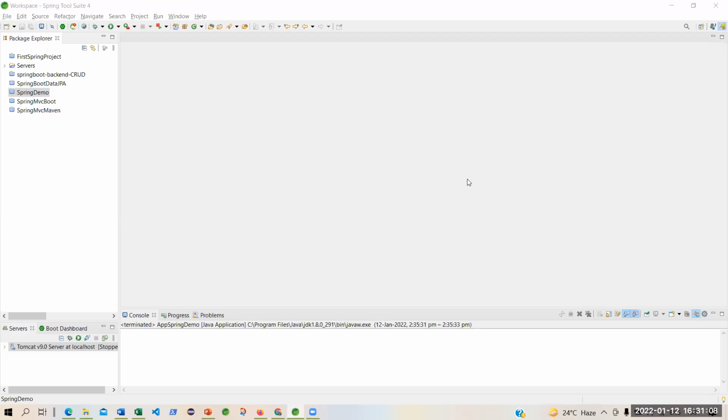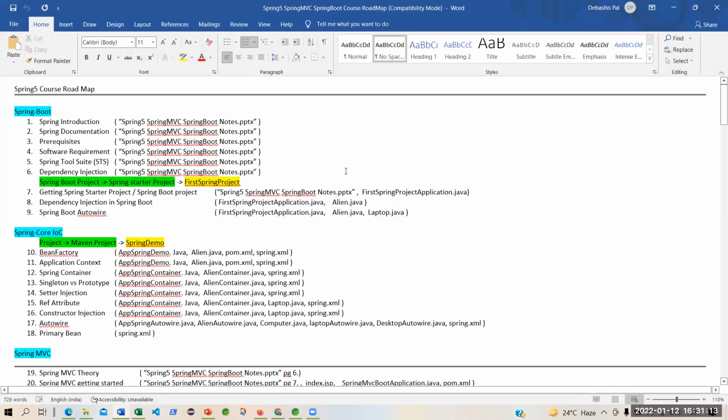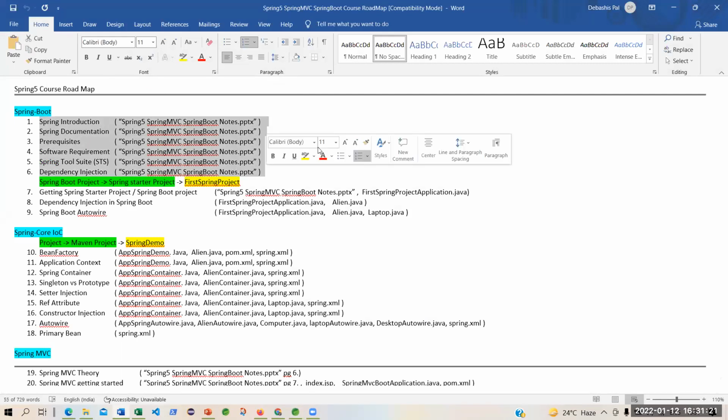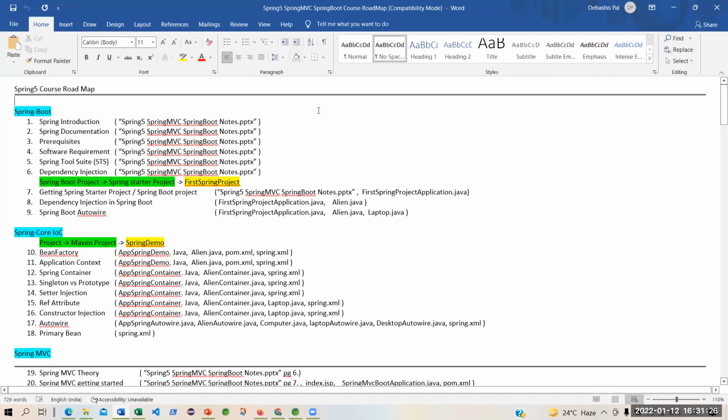In doing that, what I decided is that we follow this roadmap, that we will give you a flavor of Spring Boot. So we have gone through these few slides of the PPT, and you can get the recording of it. You can just go through it. But that is just to explain the background and why we are going to learn Spring.